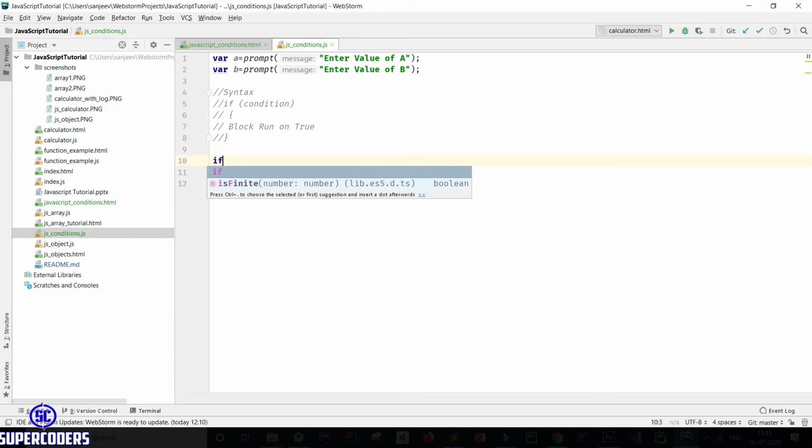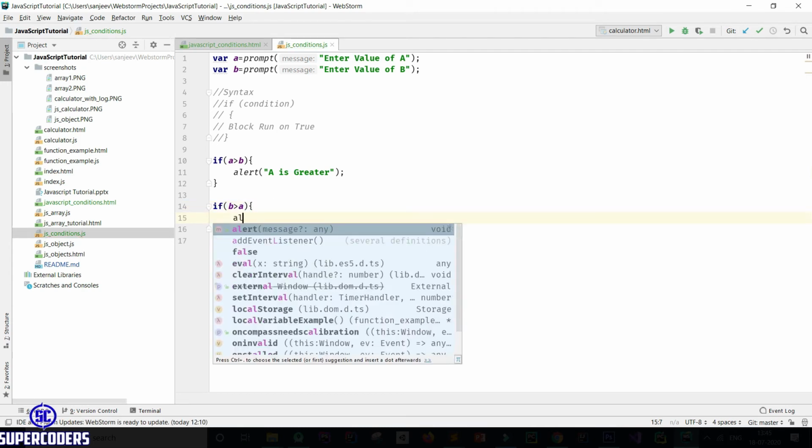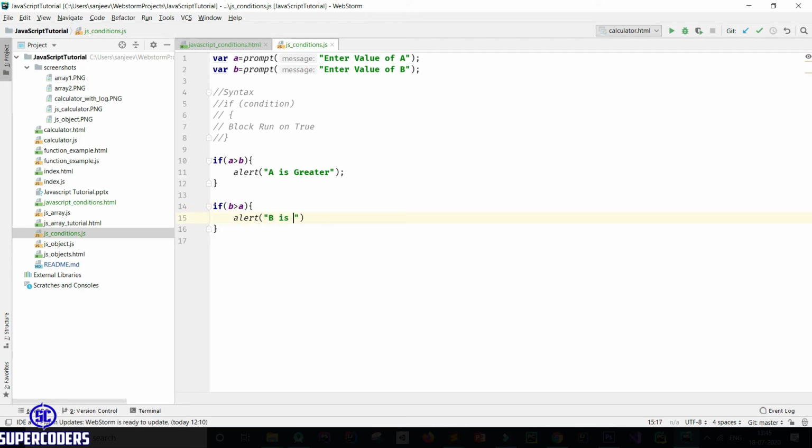So if a greater than b, then I will print alert a is greater. Again, if b is greater than a, then I will print alert b is greater.